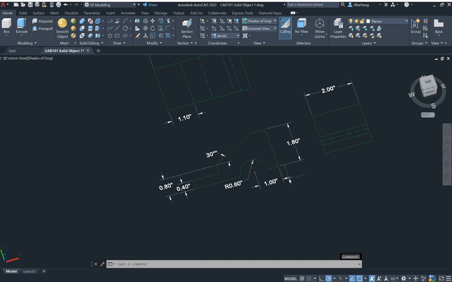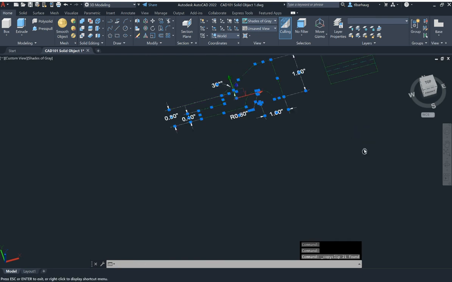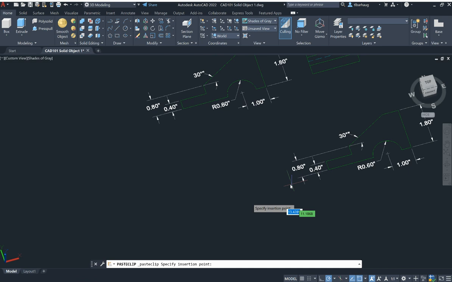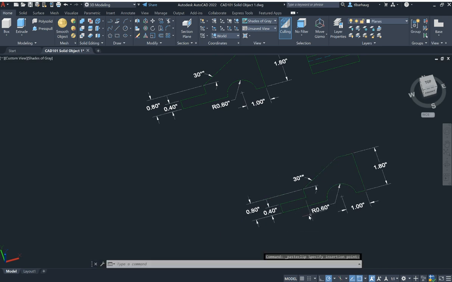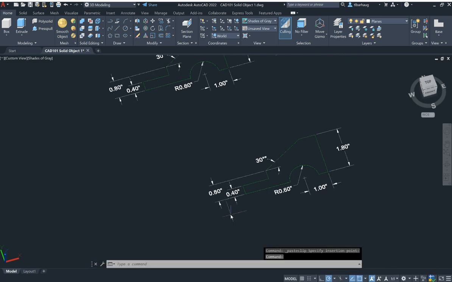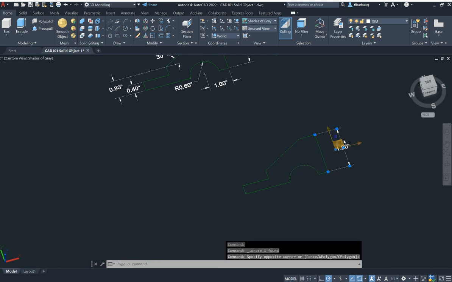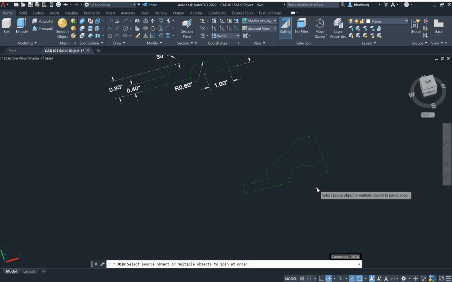So basically what I'm going to do is come over here and copy and paste my front view, since that's going to be the easiest one for me to create my object from. I'm going to bring it over here off to the side. I'm going to delete all these dimensions because those do not need to be there. So I'm going to go through and delete all these. Okay, now that I have all this alone, I'm going to type in join,